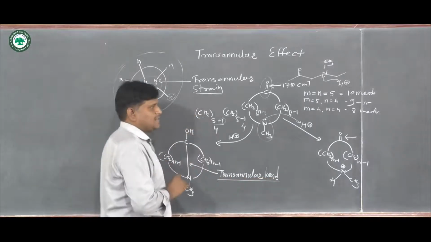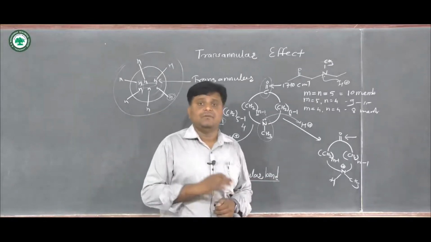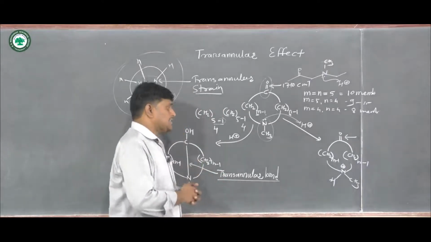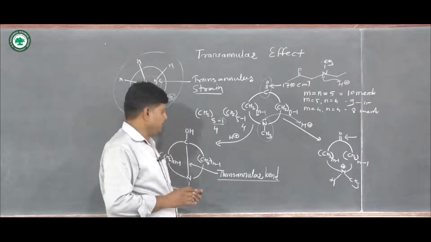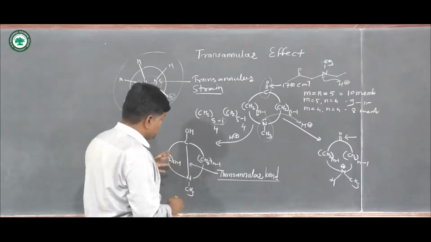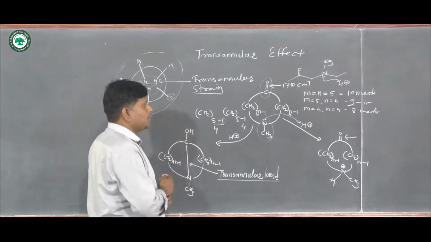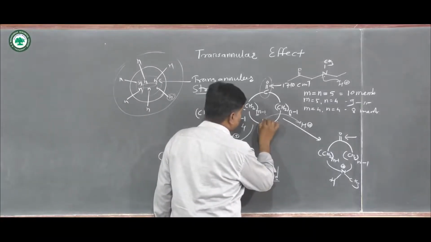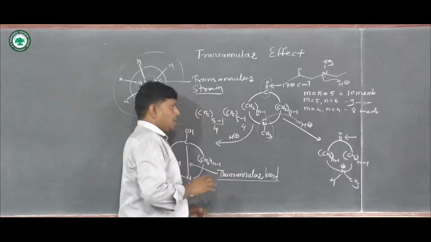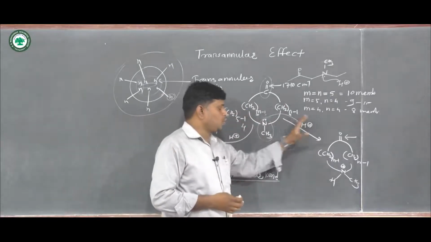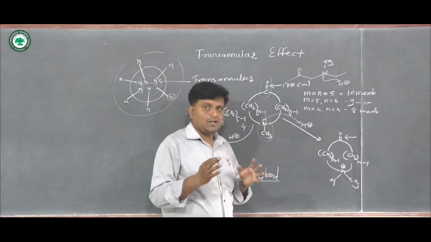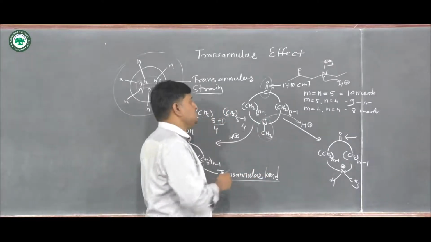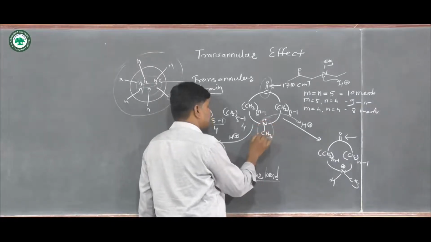Why do we call this a transannular bond? Because that bond formation is possible only through transannular interaction. Okay, so how are such types of bonds formed? The answer is that the nitrogen lone pair attacks the proton in normal or ordinary conditions, or in a larger ring system, but in this case the lone pair does not